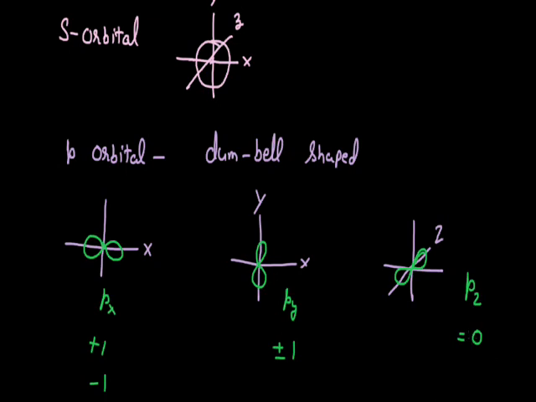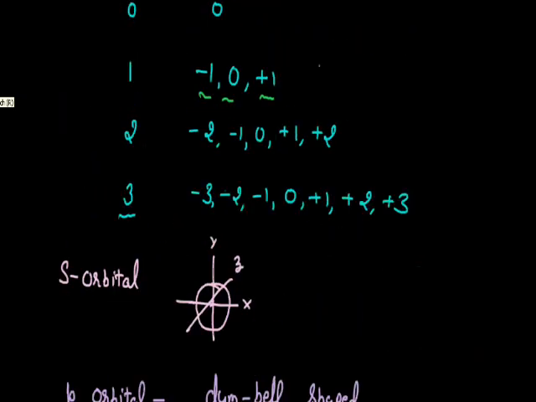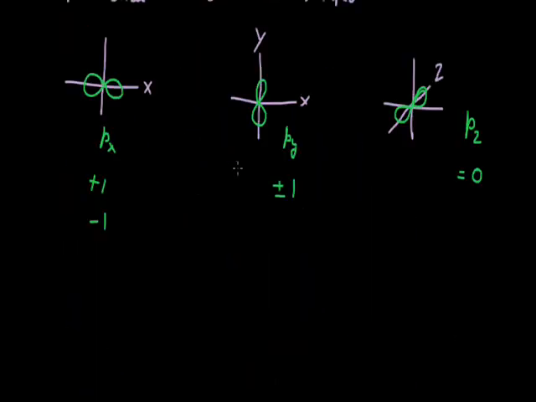Now let's move to the next orbital, that is the d orbital. Since the d subshell contains 5 orbitals, these 5 d orbitals are designated by the symbols dxy orbital, dyz orbital, dxz orbital. The name of the next d orbital is dx square dash y square orbital, and the last d orbital is dz square. If we talk about the geometry of these orbitals, then all these d orbitals are double dumbbell shape, meaning each of these d orbitals will contain 4 lobes.